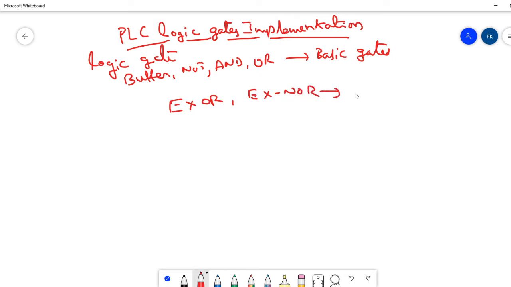These are the derived gates from the basic gates. And we can also implement a NAND gate and NOR gate. These NAND and NOR gates are the universal gates.